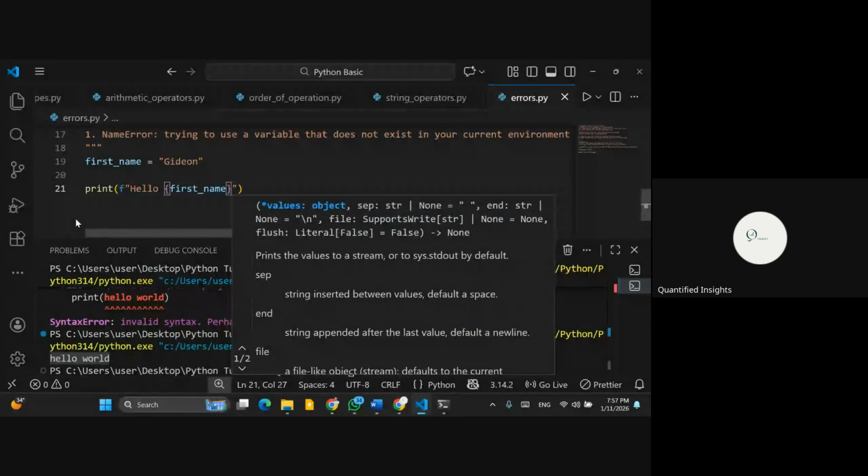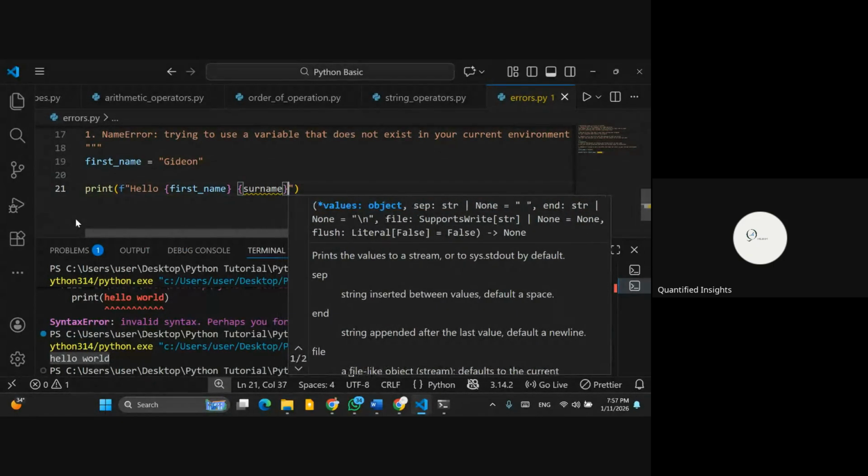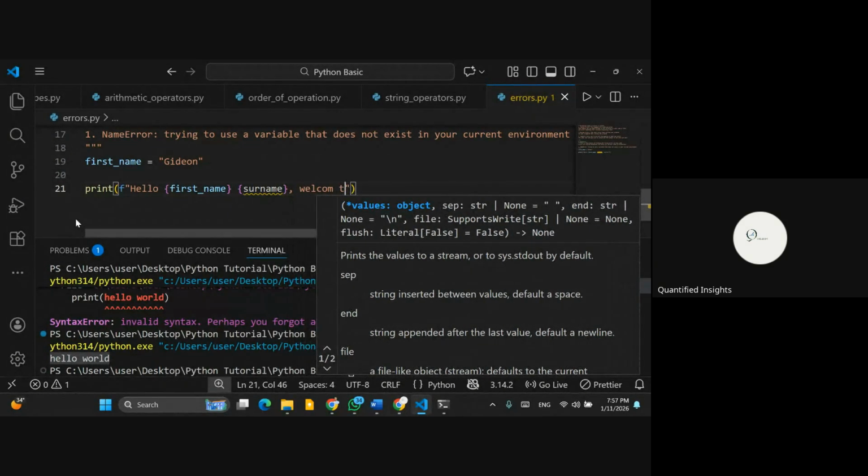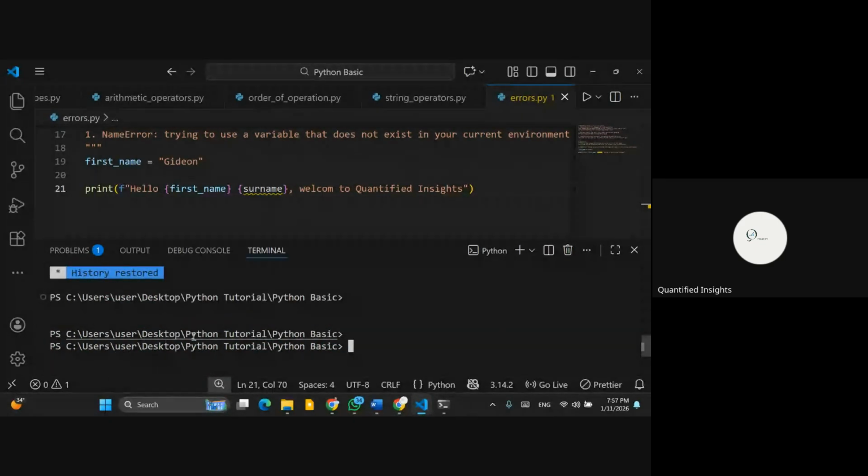Then I added surname. You see that surname, I didn't create it. Hello, then welcome to Quantified Insights. When I run this code, I want you to read the error message that we're going to get